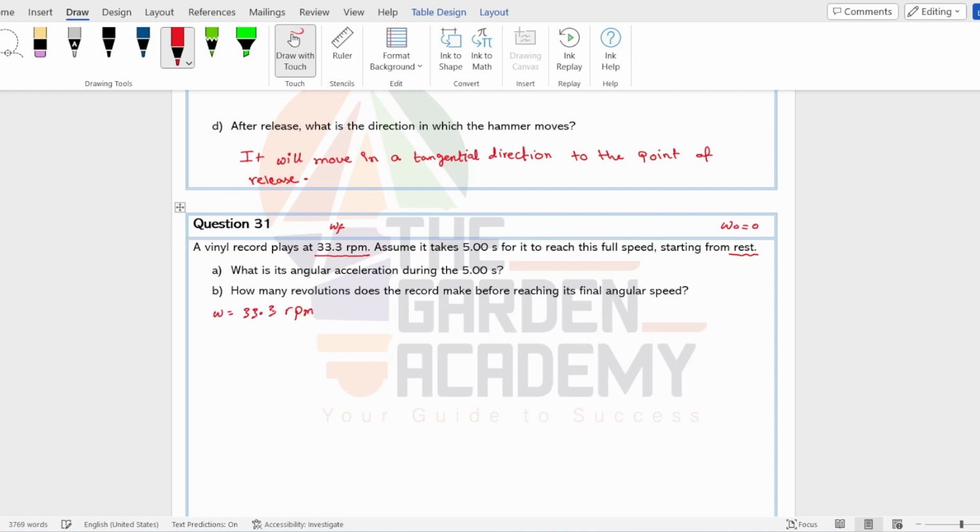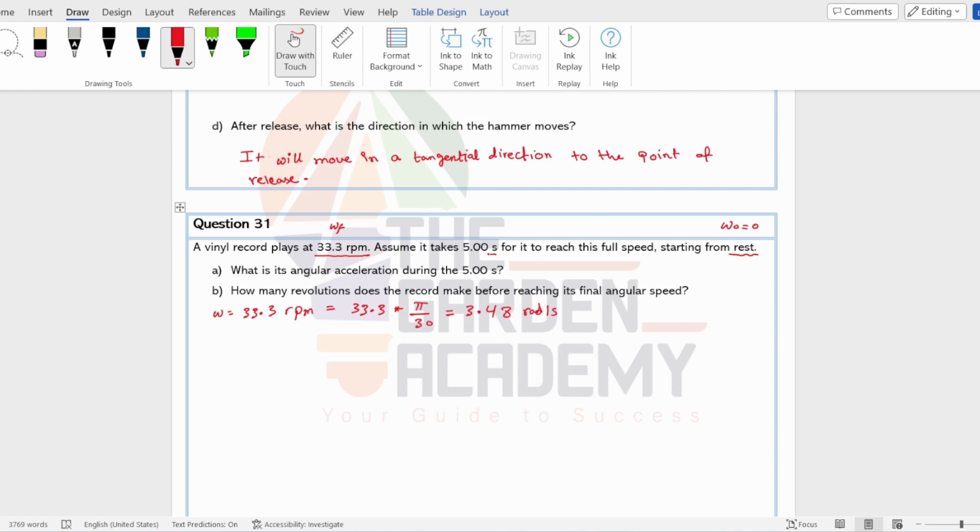How to convert this value to radians per second? We just multiply by pi divided by 30, or 2 pi divided by 60. So 33.3 multiplied by pi divided by 30, and the answer of this is 3.48 radians per second. Now, since we want to find alpha, we have omega naught, omega final,